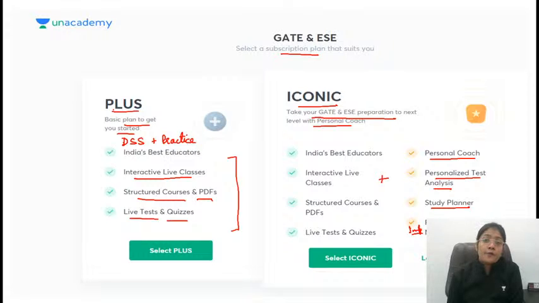So put in the efforts. Jitna bhi time aap spend kar rahe ho, spend as much time as you can on the practice or solving the questions. So this is the benefit of